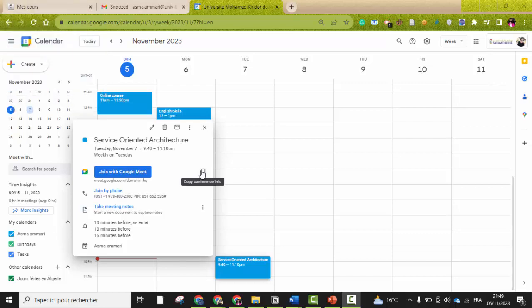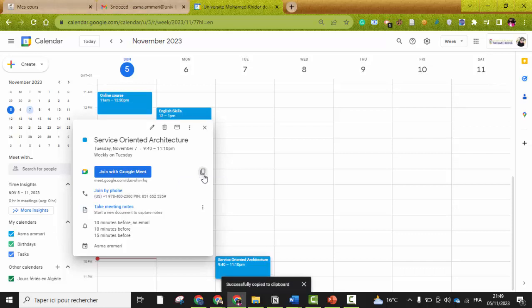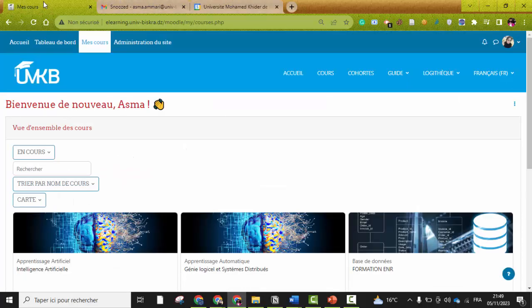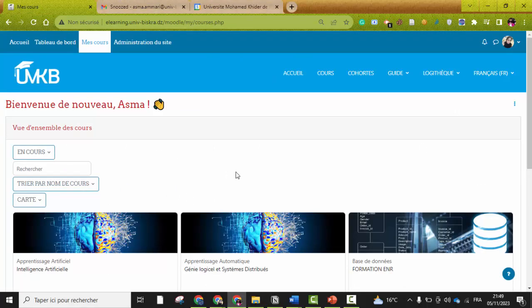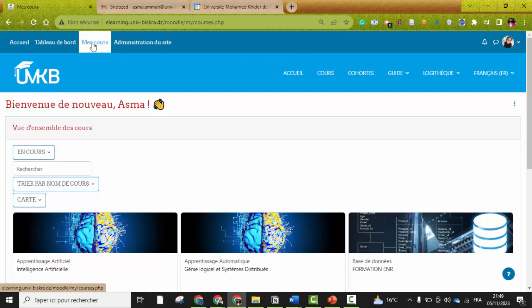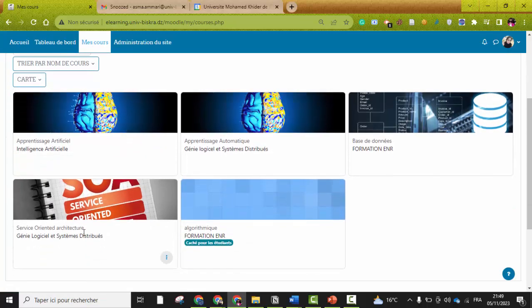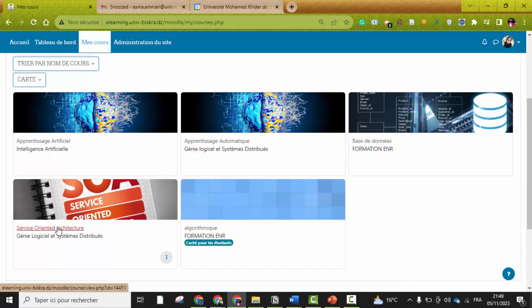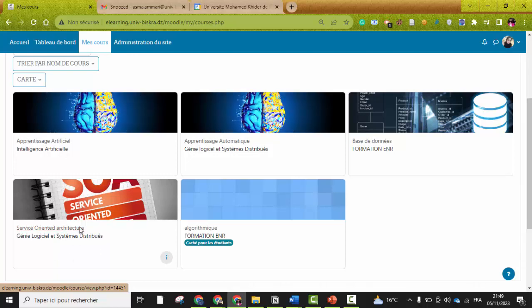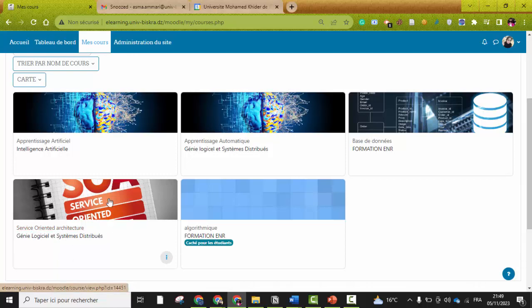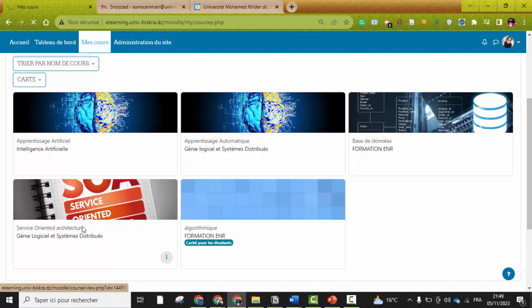So here you copy the information of your conference or your Google Meet information. You click here, so you can copy the Google Meet information, and we go to our Moodle platform. You access your courses, and here, for example, I will create an online course using the Google Meet that we have created in my service-oriented architecture course. So you enter your course,